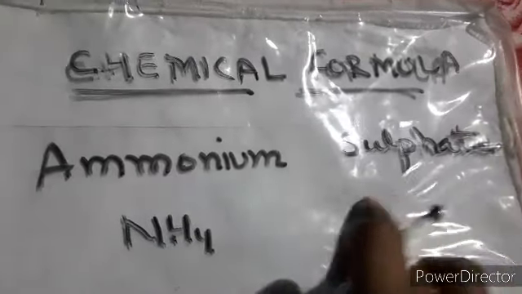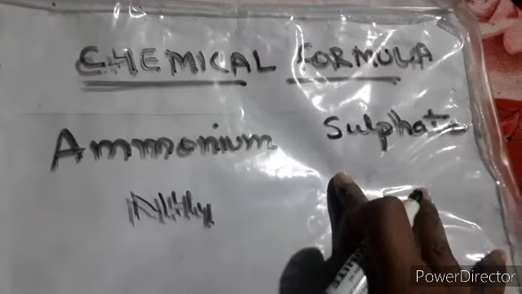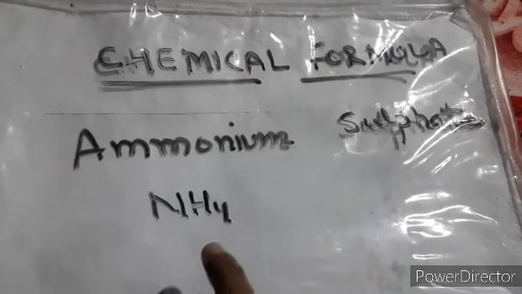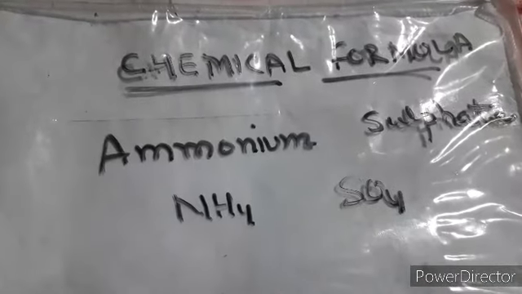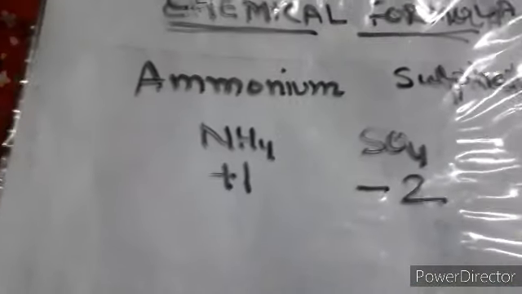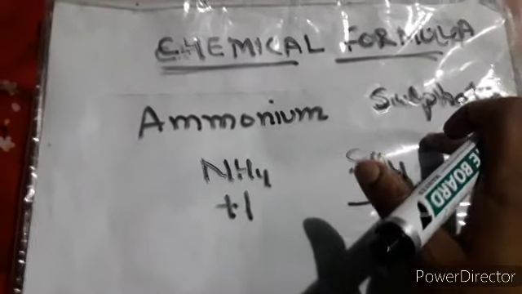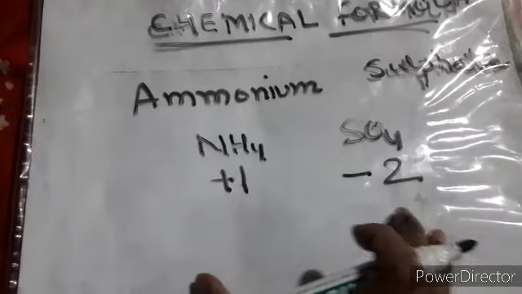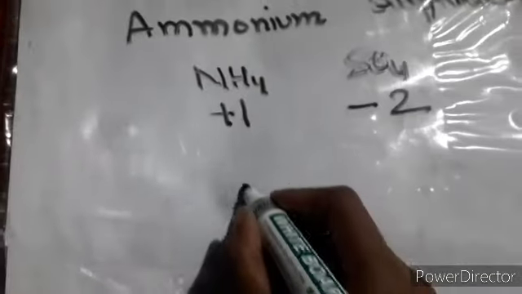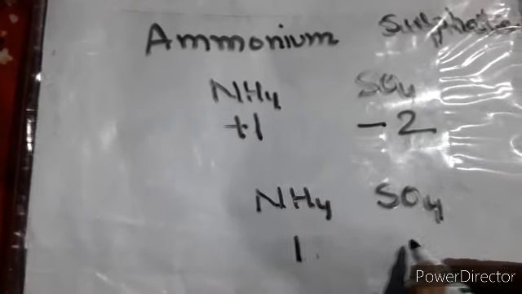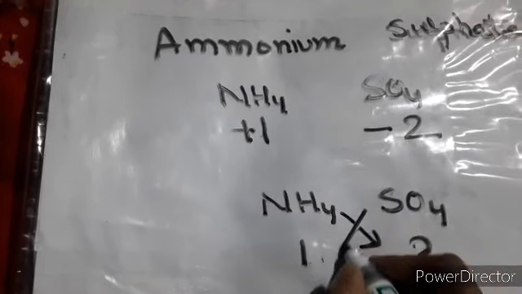Now we have the other case also, of ammonium sulfate, and you can see over here that ammonium we are using, and the symbol is the same, and then we are using sulfate, which is SO4, right? Now their valencies are entirely different. It is +1 and it is -2. So this is the case when we are using both radicals, one positive and the other negative, and we see that the valencies are also different. So once again I am writing it, and over here I am putting the numbers only. I am not keeping the charges. I am cross multiplying it.